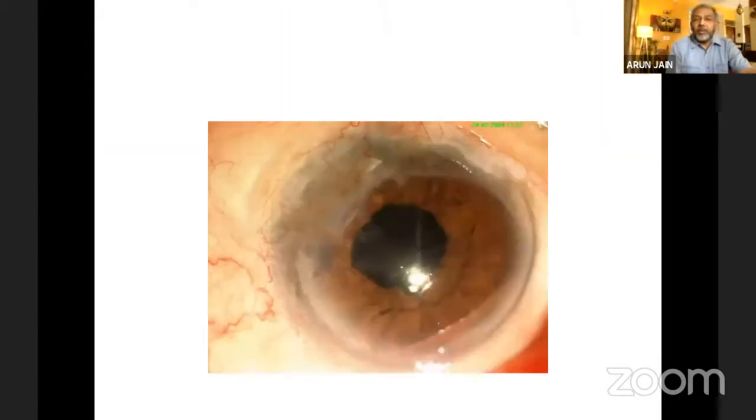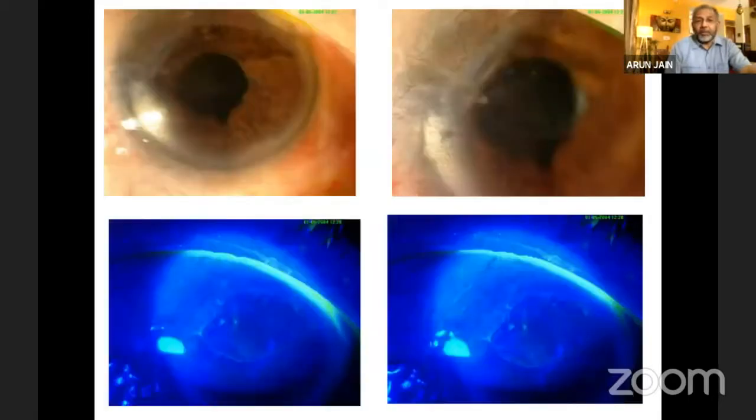And this patient presented to us again with diminution of vision. And if you see in the pupillary area, there's a wave-like hazy epithelium. And this is on staining. You can see wave-like epithelium. This was there even in the left eye, and growing from there, we had taken the limbal stem cell transplant and transplanted to the other eye.